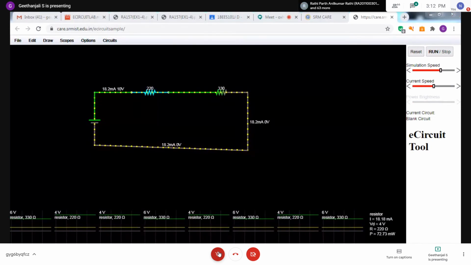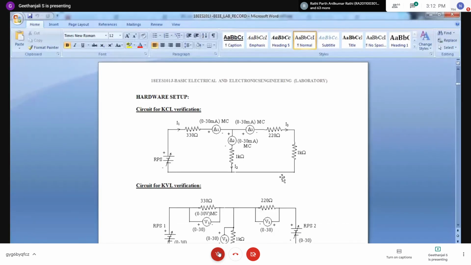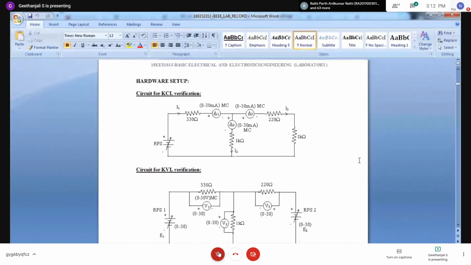Ma'am, we have to make a practical copy for this also? Yes, you have to make a practical copy. I will send the lab manual and you have to write the answers. Take a snapshot of your circuit, keep it in the appropriate place, then send it to my GCR. I will tell you later. Now we will do the experiment alone. Don't worry about sending the file; I will explain it next class. This is the circuit. Have you all drawn the circuit on your paper?